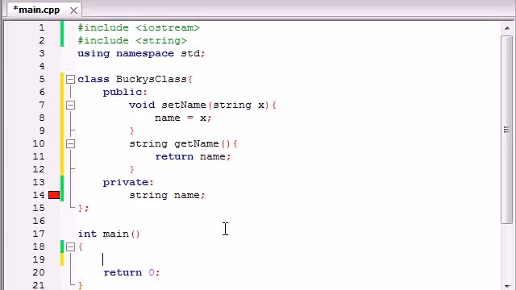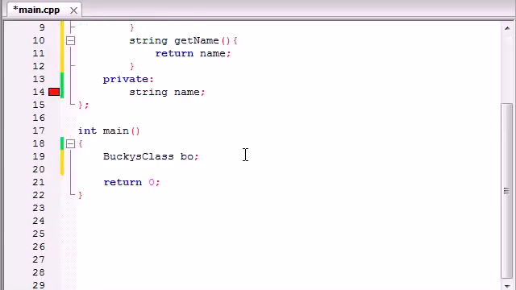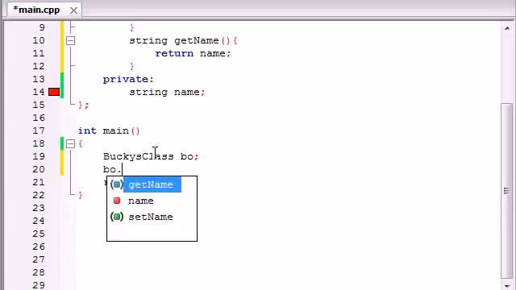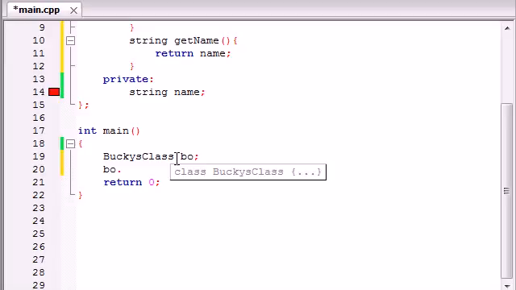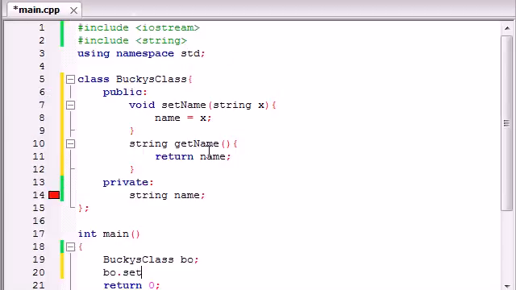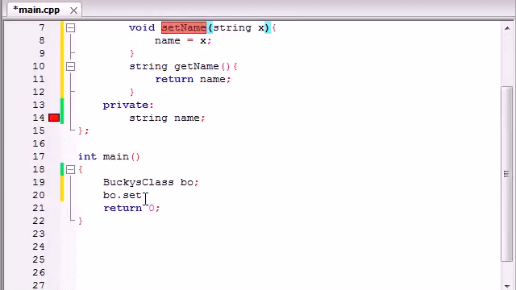So in order to use those functions, we again need an object. So Bucky's class, make another BO object, and now under this, if I scroll up, we can use the functions from that class by using the object name and then the dot separator, and then the first thing we want to do is set a value to that. So let me just copy this, paste it right here, and we'll set the name equal to something stupid like